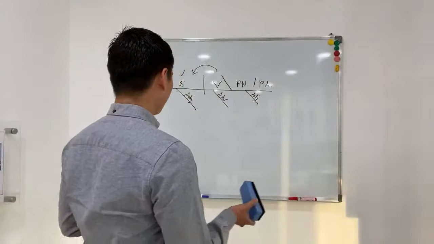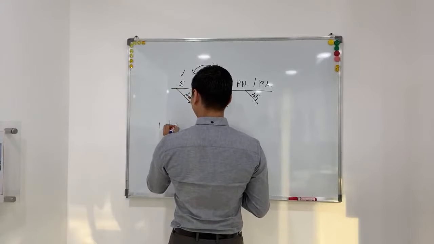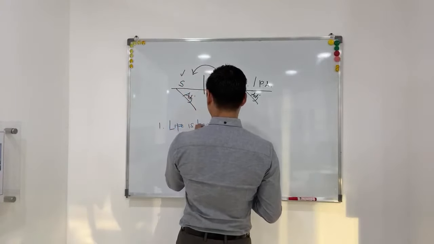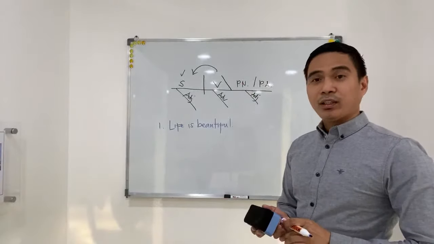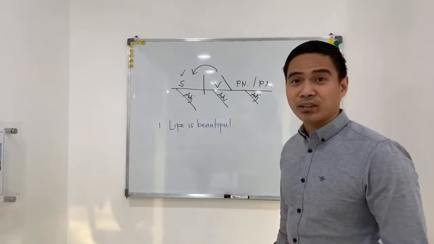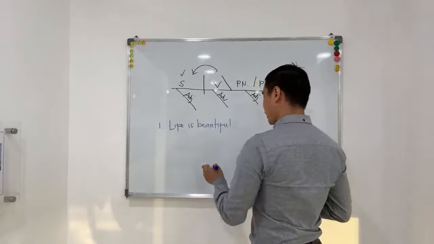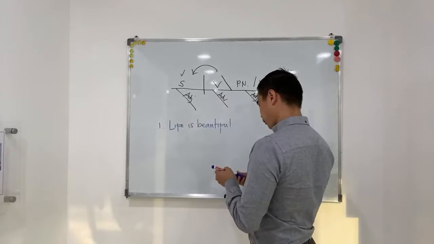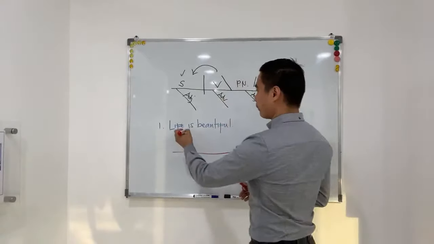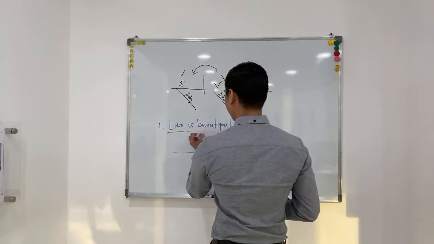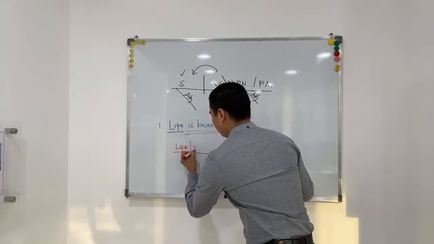I always want to use this. Life is beautiful. This is a simple sentence. It only has 3 elements and 3 words: 1, 2, 3. So now how to make a picture of this sentence? It's easy. Start with a base. This is the sentence itself. Of course, you have to identify the subject and the predicate. So life is